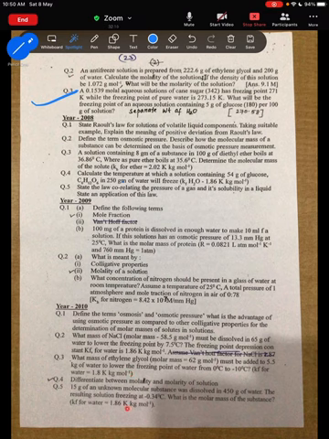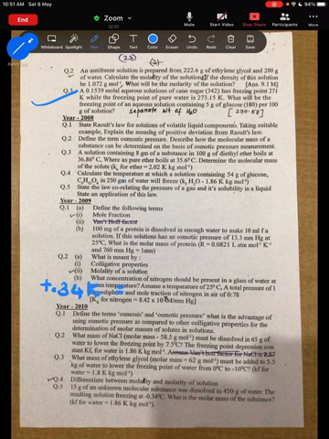And in this question, 15 gram of an unknown molecular substance was dissolved in this much gram of water. The resulting solution is freezing at minus 0.34 degrees Celsius. Pure water freezes at 0 degrees Celsius, so the difference is 0.34. The difference is the same whether it is in Kelvin or in degrees Celsius. So here delta Tf will be 0.34 Kelvin, is equal to